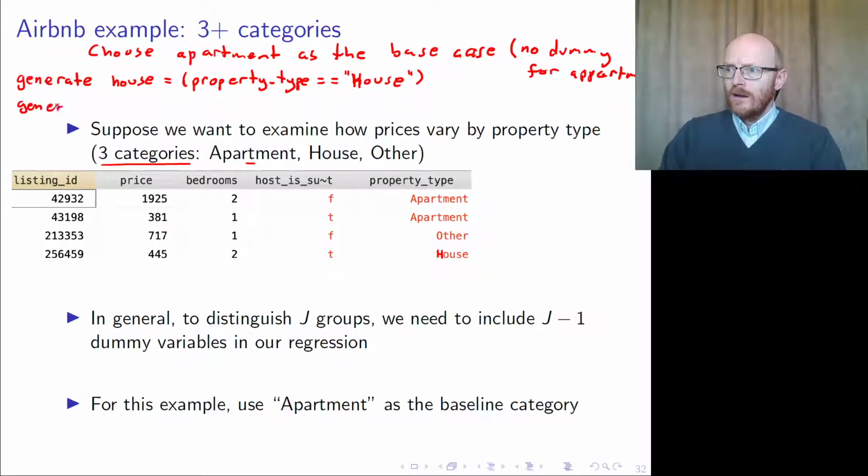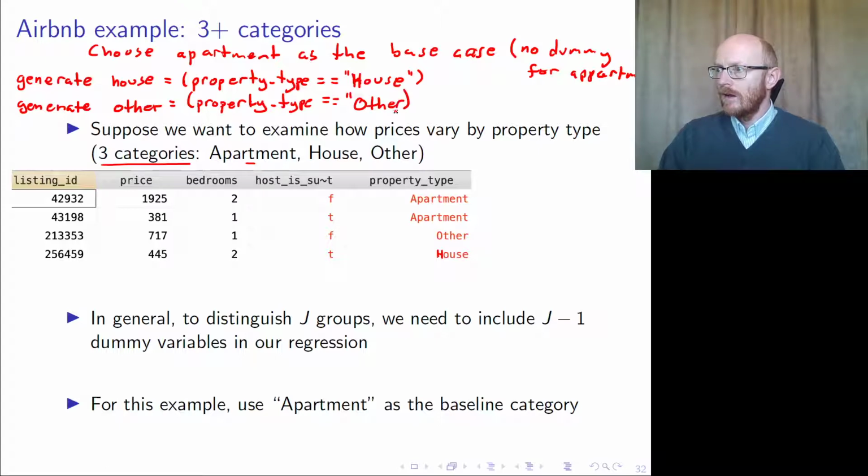And generate, and we have other. Here, if the property type is equal to other, then other contains a 1, and if property type is not equal to other, then this is false, then other contains a 0. Okay, so for example, if we show that here,